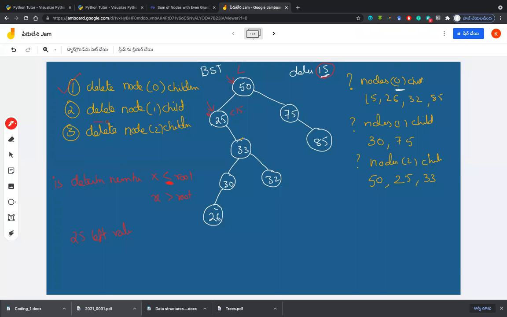Now coming to delete node with one child. Okay, now I want to delete 30.